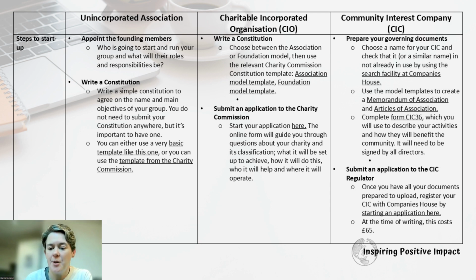For a CIC, prepare your governing document, so choose a name for your CIC, use the model templates to create a memorandum of association and articles of association, and complete a form CIC 36, which you can use to describe your activities and how they'll benefit your community. That will need to be signed by all of your directors,